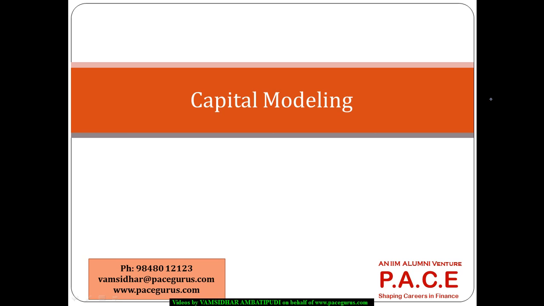As a part of this session on capital modeling, I would like to first look at the operational risk capital from the Basel's perspective. What is that the Basel has been offering? In Basel 2, we can look at in depth for typical market risk, credit risk, as well as operational risk. So, what are the different kinds of mechanisms that are used for determining the risk capital under the operation risk